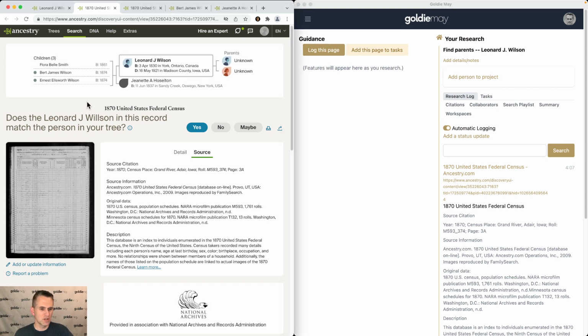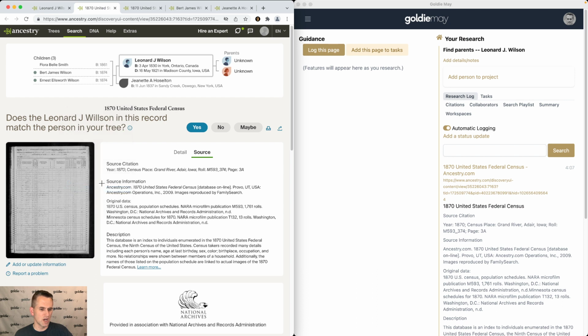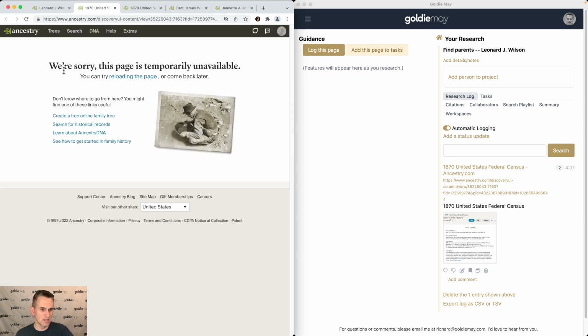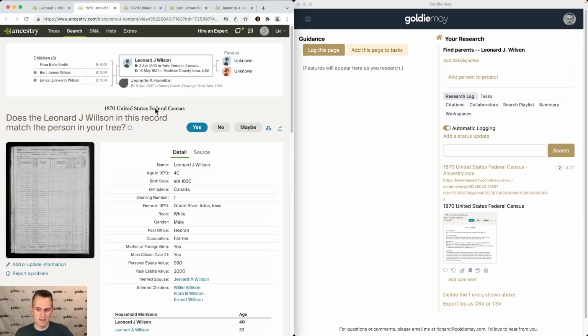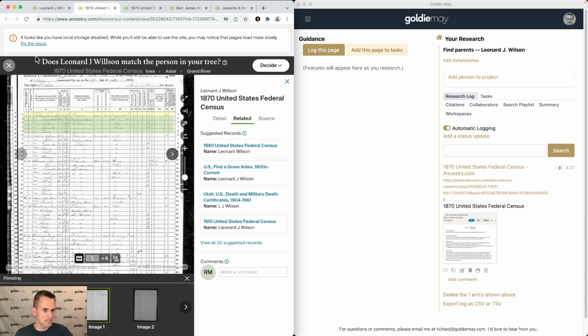One other thing I want to show you here is the ability to take a screenshot. You can right click and choose take a screenshot. You'll see crosshairs appear. And then I can draw a box by clicking and dragging and releasing. And that screenshot will be added to my log. Maybe I don't want to screenshot the citation, which I already have, but if I were to open up a record like this, I can right click, take a screenshot, and then draw a box around that